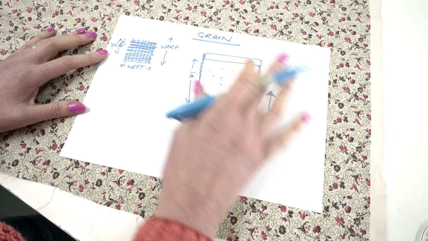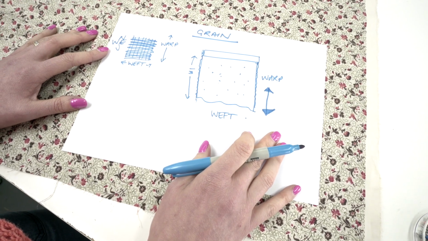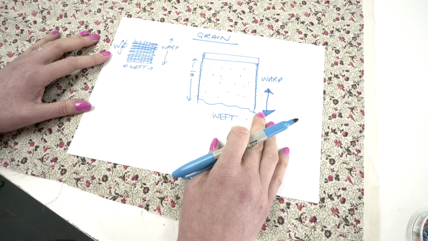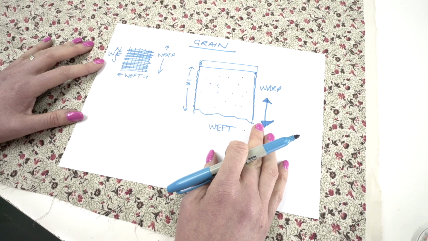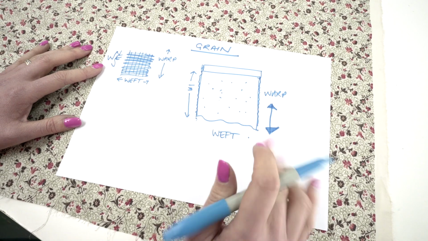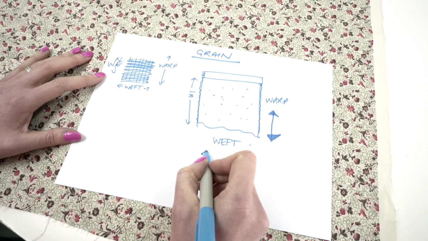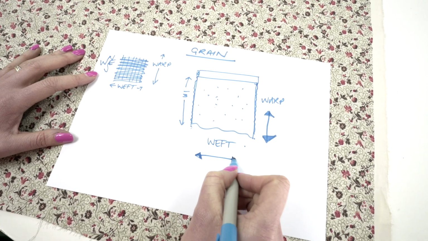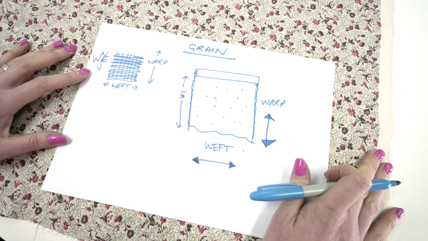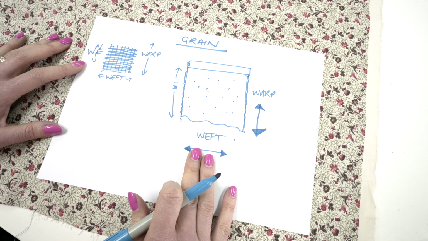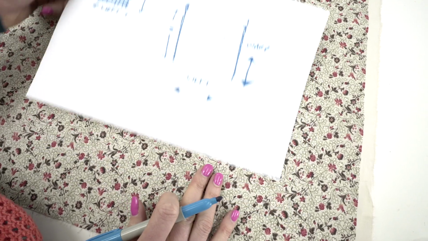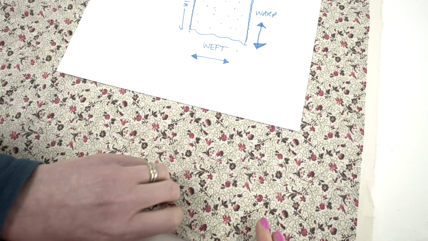On the projects that we use in this course, you don't have to be completely true to the warp thread grain because we're using very stable quilter's cotton fabrics as outlined in the materials list. So there is actually a cross grain, which is the weft grain as well. And sometimes if you're buying fat quarters, there is no selvedge for you to be able to identify where the warp grain is and where the weft grain is, or where the normal grain and cross grain lie in the fabric. And the only way you can determine where the grain is is to look at the back of the fabric